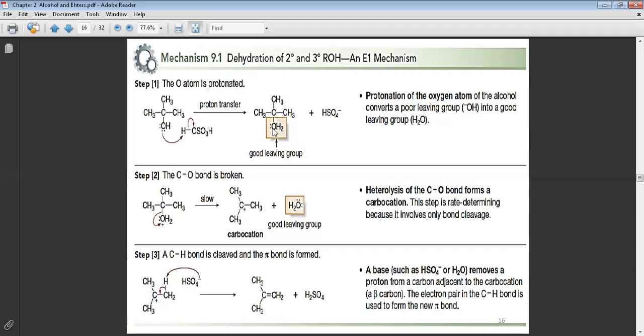H2O or H2 plus is a good leaving group. Why? Because when this group leaves the structure, it will give you H2O. H2O is stable, meaning it will be a good leaving group. Okay, now,